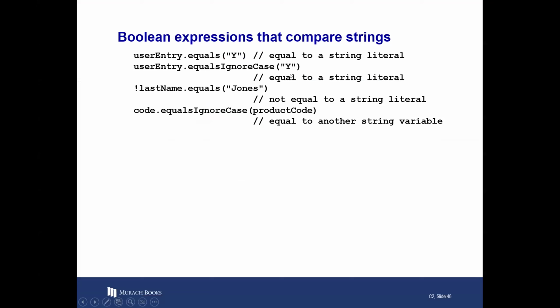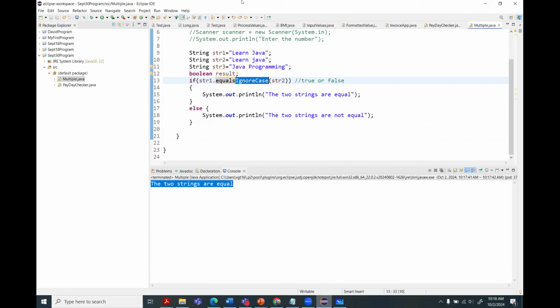Generally, whenever you are using these kind of operations, you can use either, like for instance, in this particular example, we were passing string 2. You can also write something like this. You can pass the string value itself. So let's suppose I pass this specific value, and in this case, it will return the two strings are not equal. So rather than passing a string variable, you can always pass a string itself inside this specific